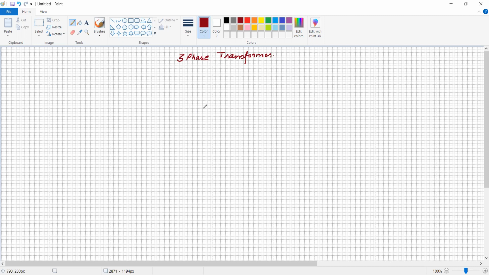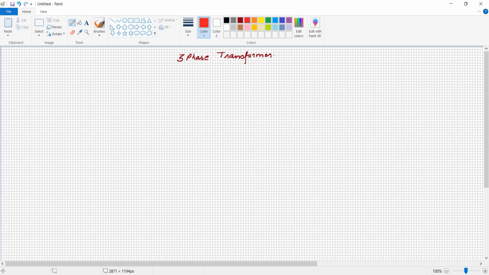The three-phase transformer may be constructed as a single unit three-phase transformer, or three separate single-phase transformers can be joined as a three-phase transformer. So it is already discussed in detail. Now, in the case of a three-phase transformer, there are three windings in the primary and three windings in the secondary.